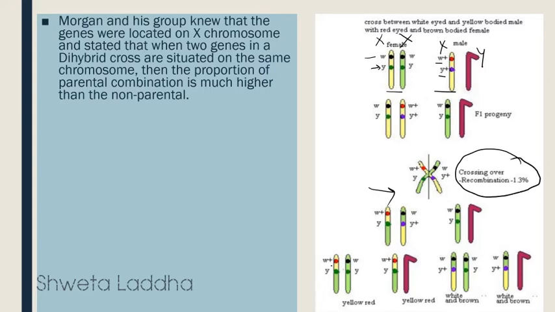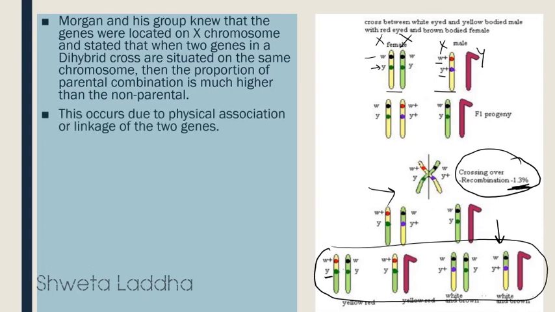You can see W plus, instead of being with Y plus, is with Y. So recombination occurred. But the chance of this type of recombination is small. In the male parent it is W plus Y plus, or W is with Y. Look over the green here: W plus Y plus. So here recombination occurred. The linked genes separated, segregated and independently assorted with each other. But this probability is only 1.3%. Most of the time the linked genes will not segregate, not separate from one another.